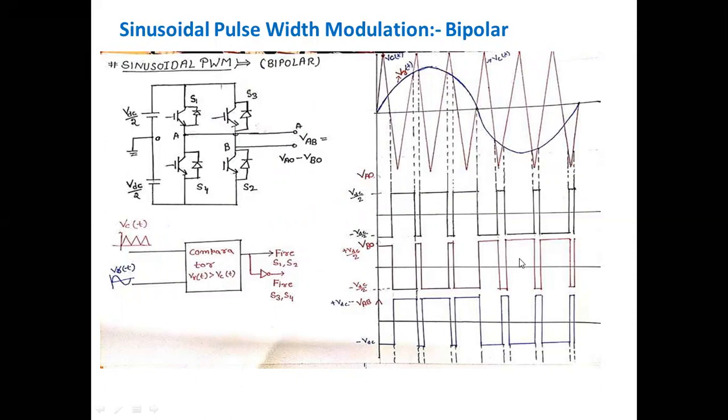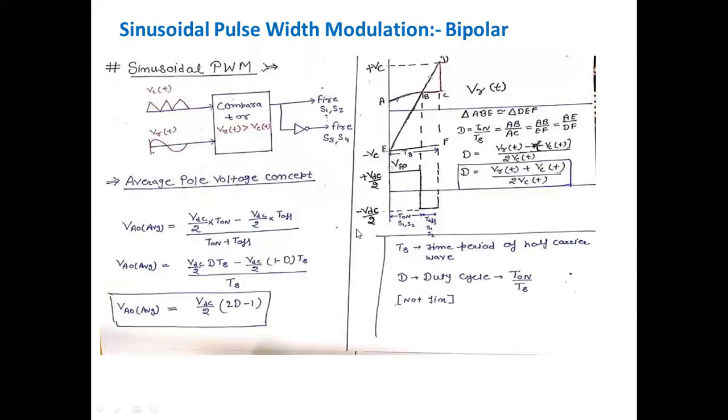Okay. If you can draw this waveform and make the circuit diagrams, this will give you the advantage. So the most important thing is that you should know how to draw this waveform. After drawing this waveform, it will become very easy to understand all these things. Okay. So I hope you understood. You must have understood this.